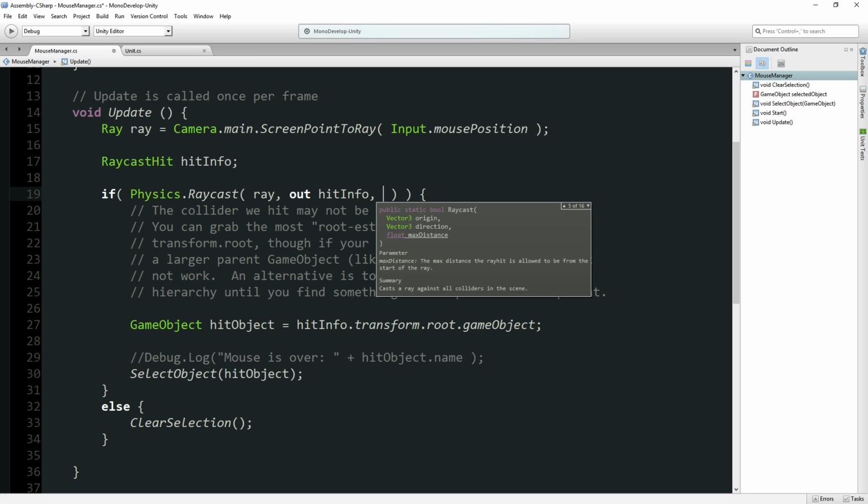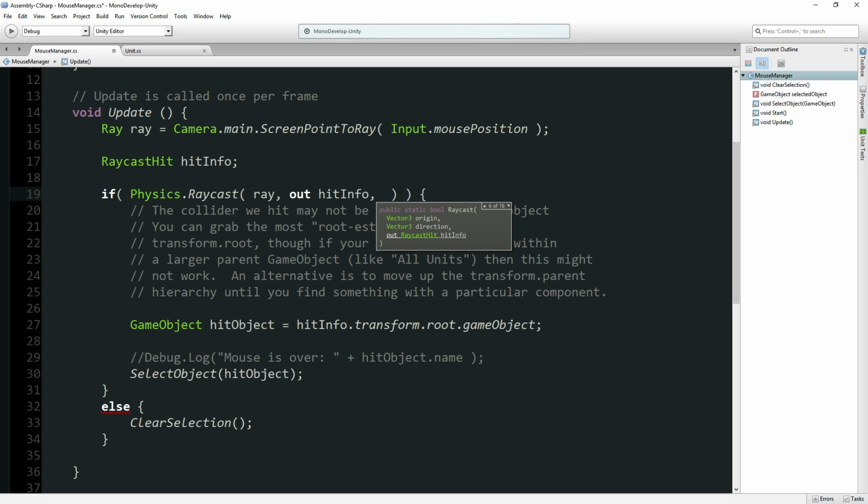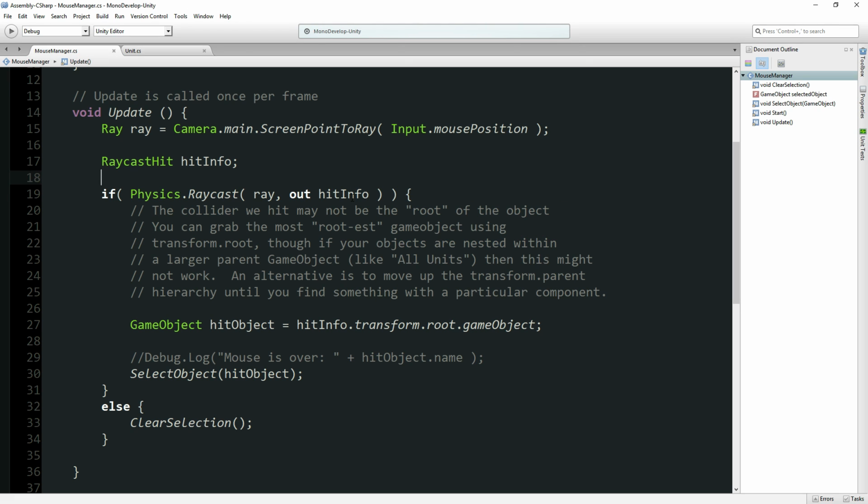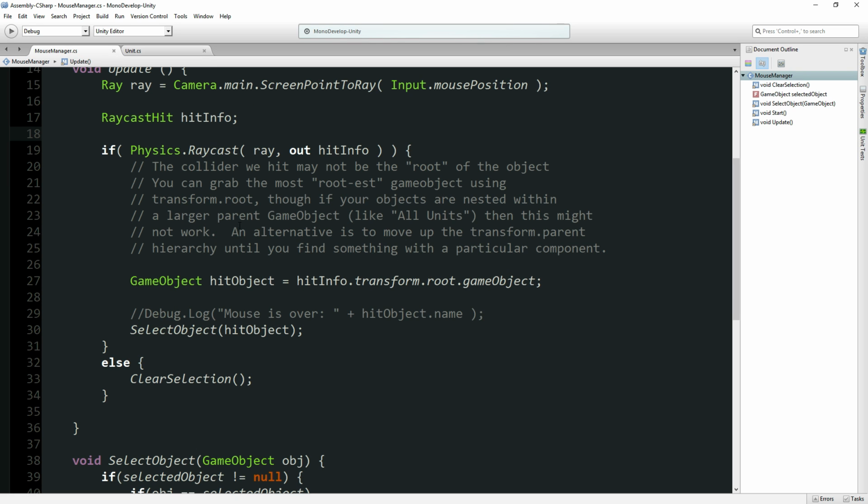And there's a bunch of different variants of raycast. There's a variant, for example, this one here, that takes a layer mask, and you can use that to filter layers on and off so you can only hit certain things. But we're going to leave that be. So this will hit something,